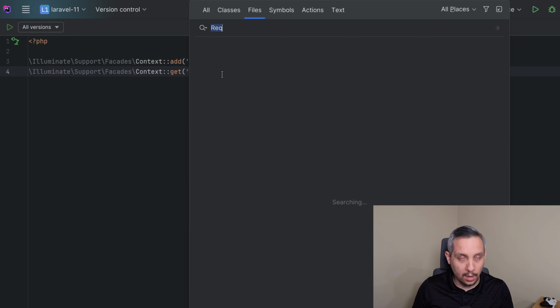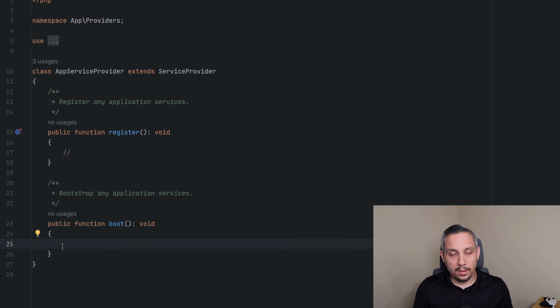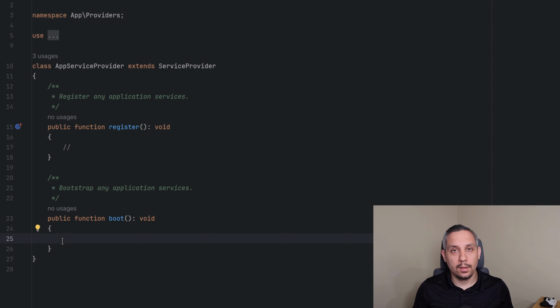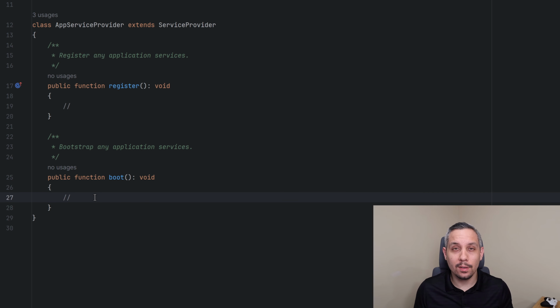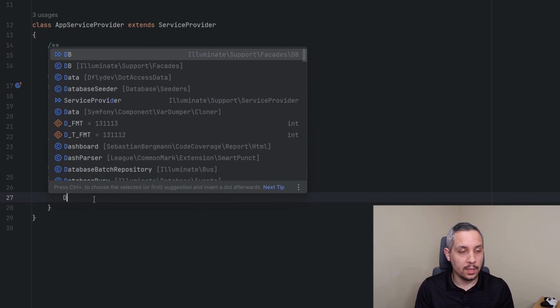So let's open up our app service provider. The example that they use is the DB listen event, and they're adding all of the database queries that our application's making. Perhaps we wanted to add those to the logs or do something with those. In order to listen to all of the database queries, we can use the database facade or the DB facade. So DB